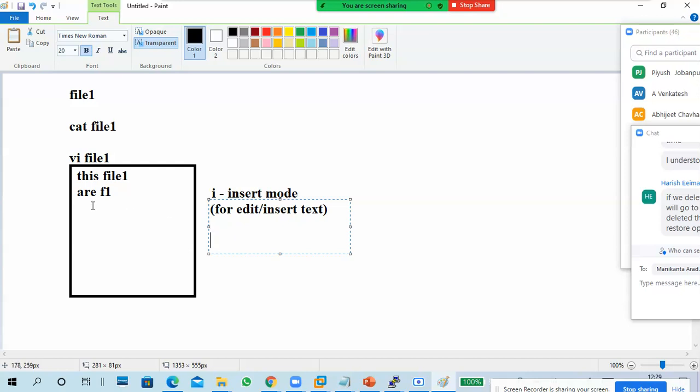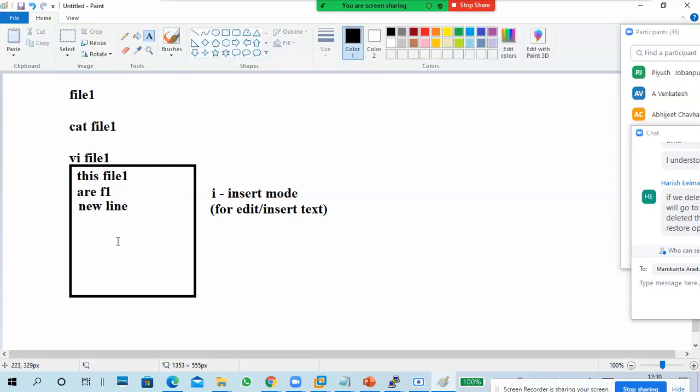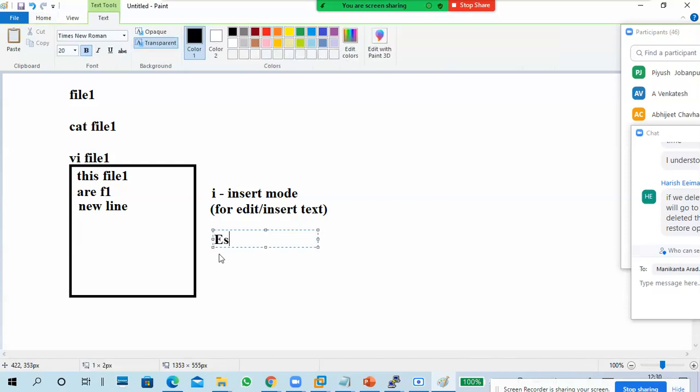Now editing is complete. For example, I inserted a new line and the work is completed. Then I will press escape. When you press escape, it goes to command mode.